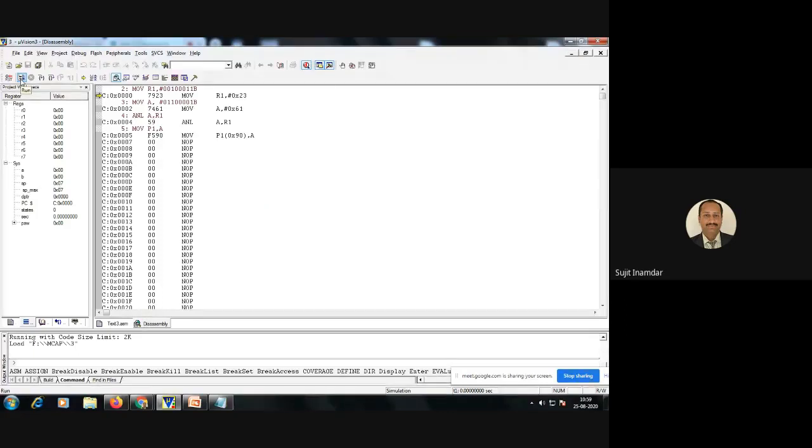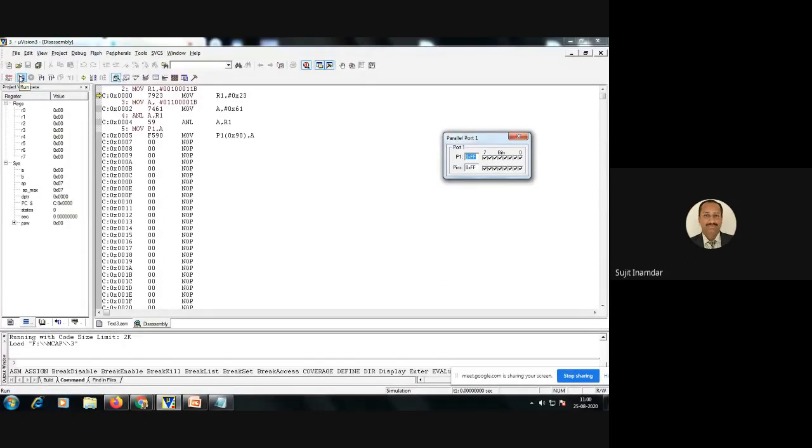But before this, where do we have to see the output? Port P1. So that is available in Peripheral, I/O Port and Port 1. So this is the port 1 you can observe over here. By default, this tick mark is there, means all ones are there, means 0FF. So when we run the program,